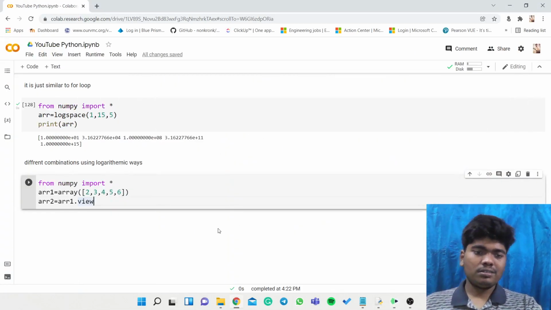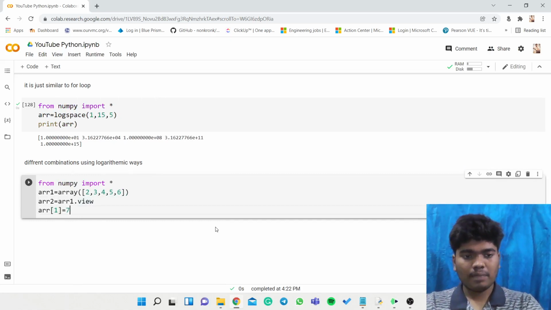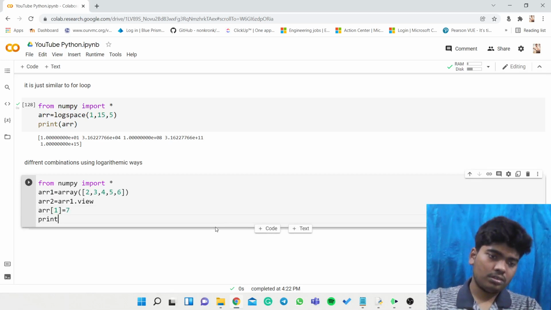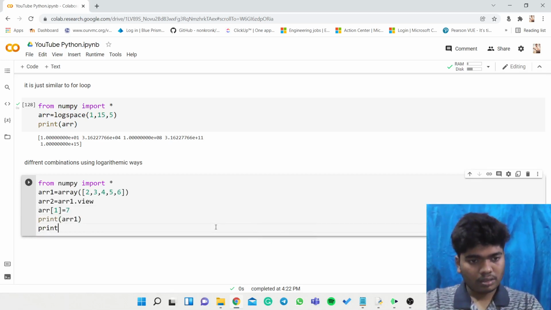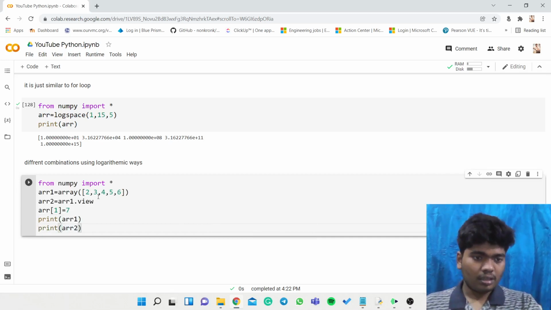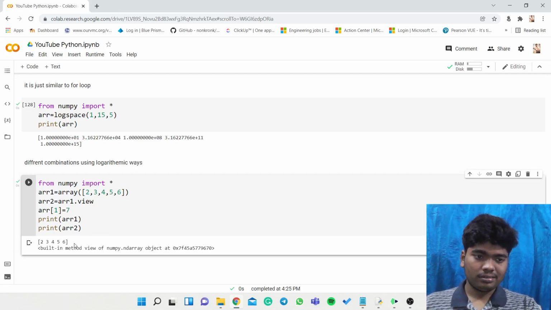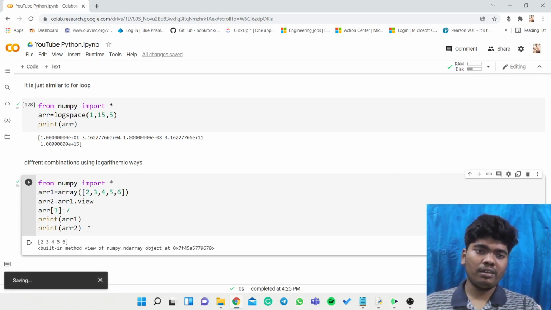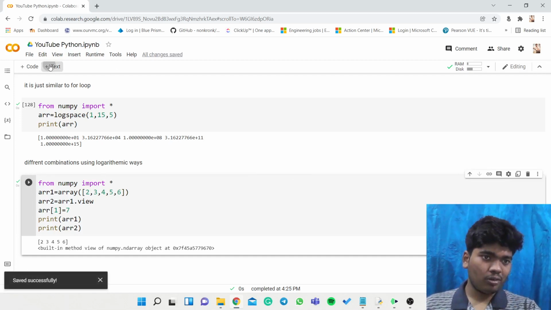So if we change array 1, if we give something like 7 and try to print arr1 and arr2, it will change, as these both are the same. In Google Colab it is showing only one output. So this is a shallow copy.